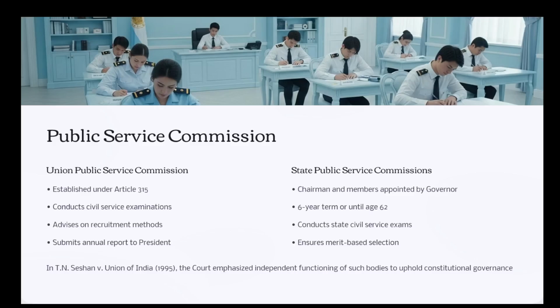The State Public Service Commissions have one chairman and members appointed by the Governor of the particular state, with a 6-year term or until the age of 62. They conduct the state civil service exams and ensure merit-based selection. In T.N. Session versus Union of India, 1995, the court emphasized the independent functioning of such bodies to uphold